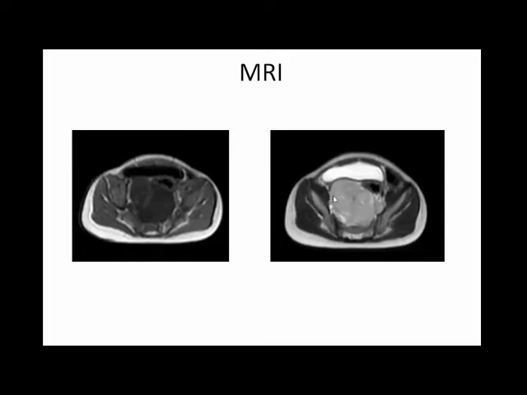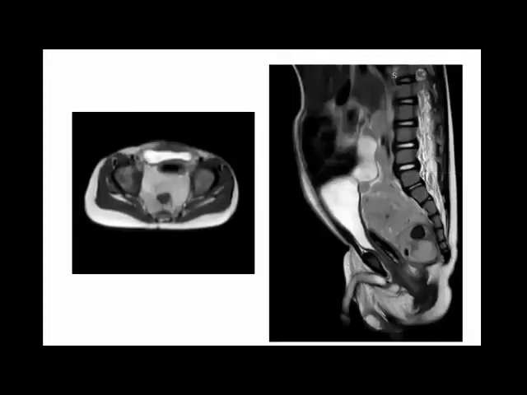And laterally on the right side, the lesion is abutting the right iliopsoas muscle as well as the external iliac vessels. So this is the T2 image, where we can see hypointense areas within, which correspond to the calcifications seen on plain CT. This is the sagittal T2 image, where the lesion is abutting the sacrum posteriorly, and we are not able to see any altered signal intensities in the bone. So that means bone involvement is not there.